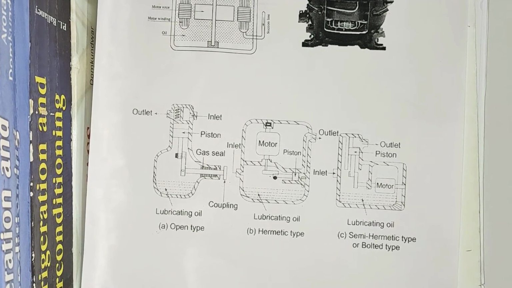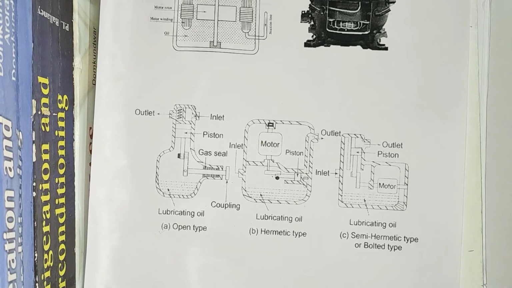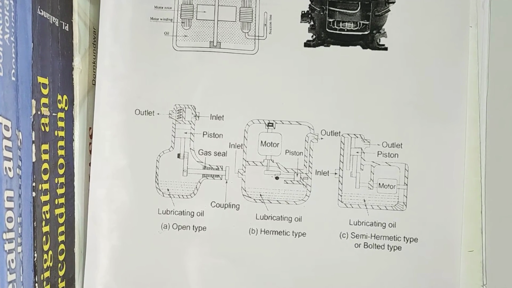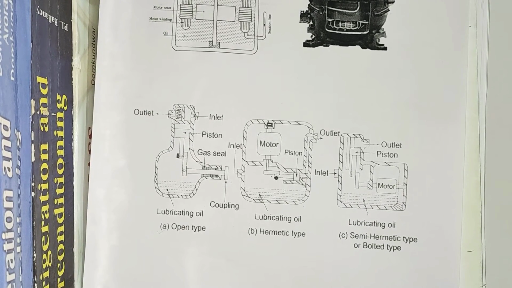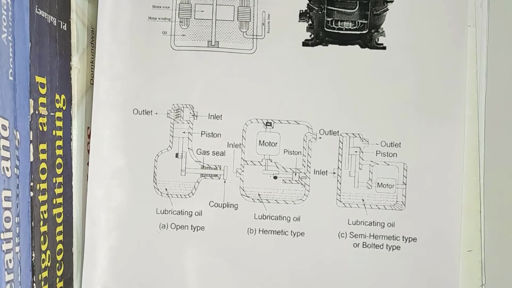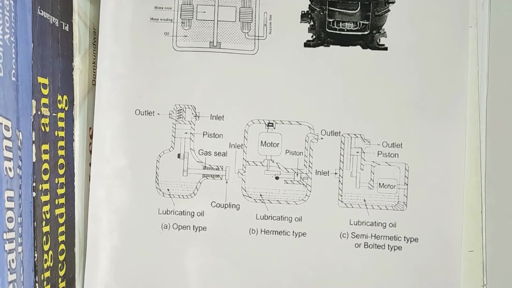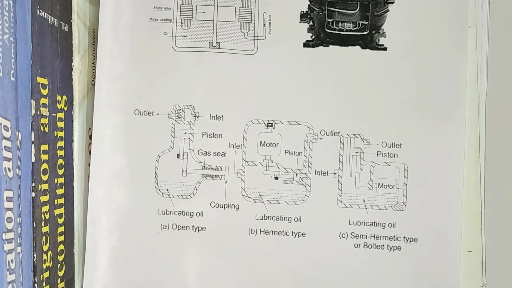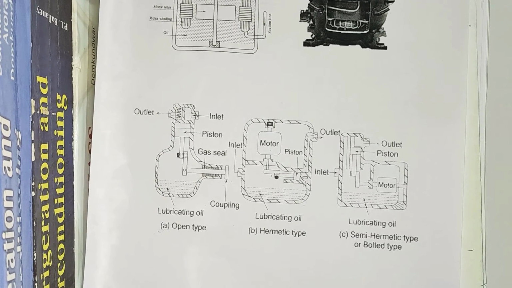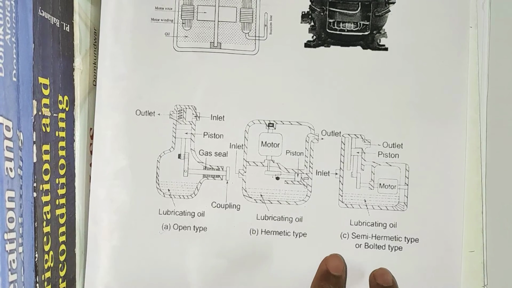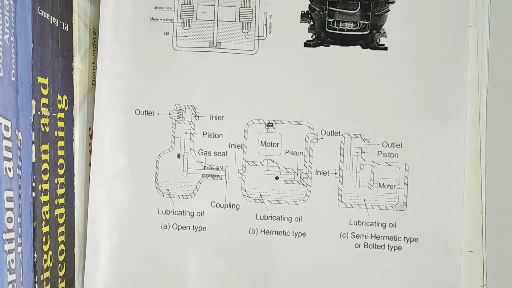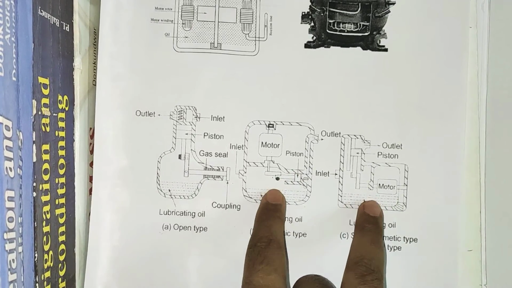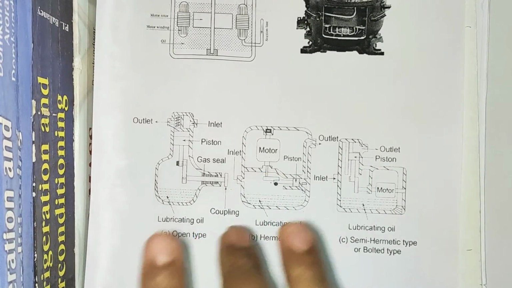So what are the similarities and dissimilarities between hermetic and semi-hermetic compressors? First thing is, in hermetic and most semi-hermetic compressors, both the compressor and the motor driving unit are integrated and operate within the pressurized gas envelope of the system. That means the motor is designed in such a way to operate and be cooled by the gas and vapor that is being compressed. So no extra cooling arrangement is done.